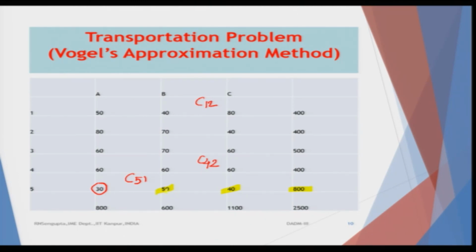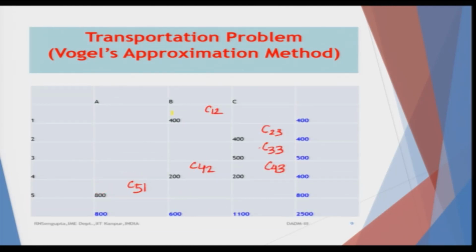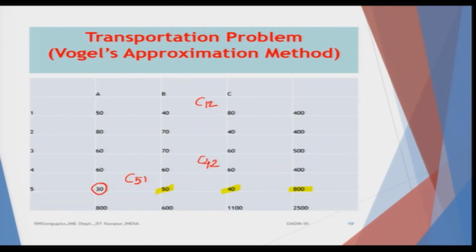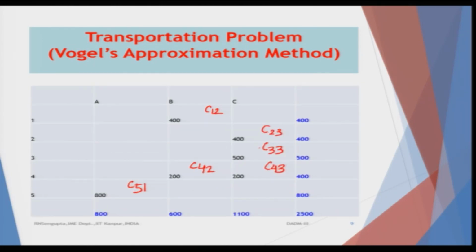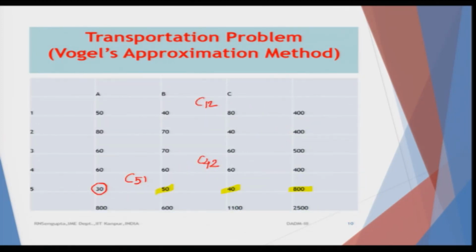So, next 40 was done, then the next level rather than 50 was 60. So, your allocations were 40 into C12, not 40, sorry, it is 400 into 40, and this value is basically 200 into 60. So, we will check it, and the last values were the total quantum, 400, 500, 200. So, the quantum allocations were like this. If I go back, this was already allocated. So, this is closed. So, the only possibilities were these 3, and the allocations you have already done here.